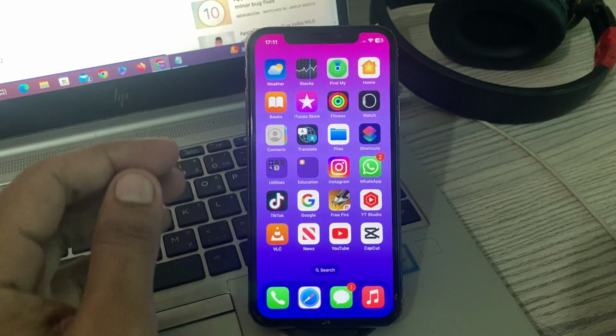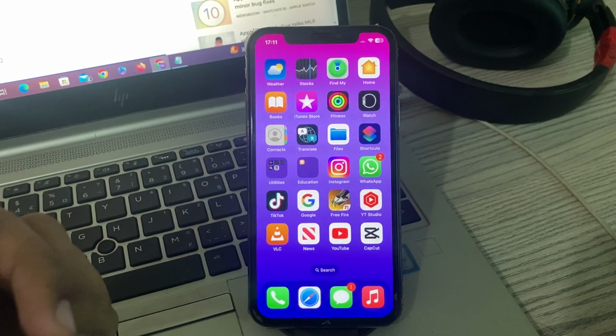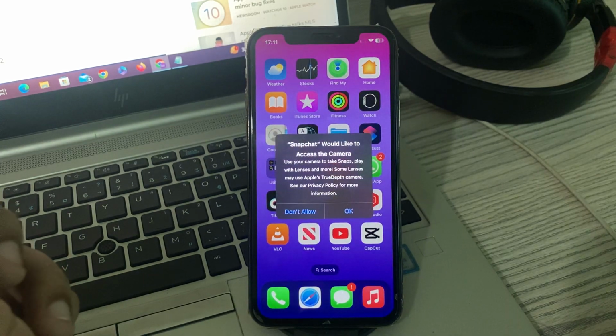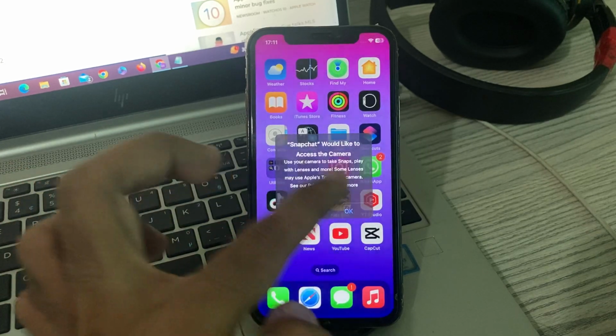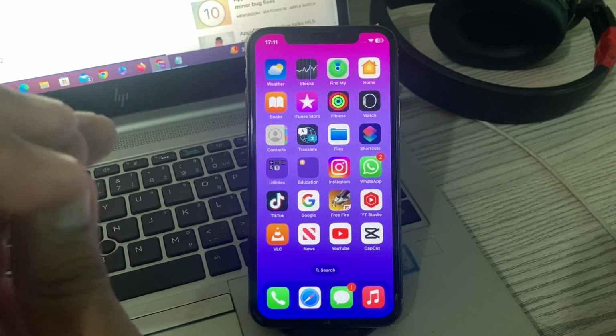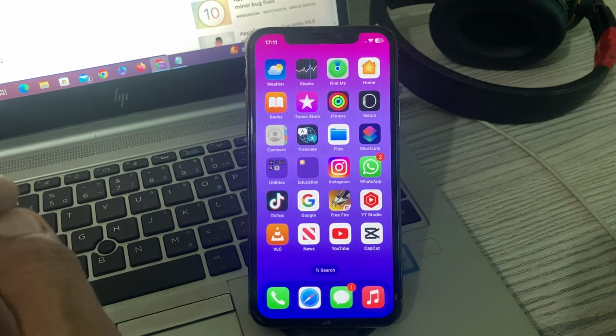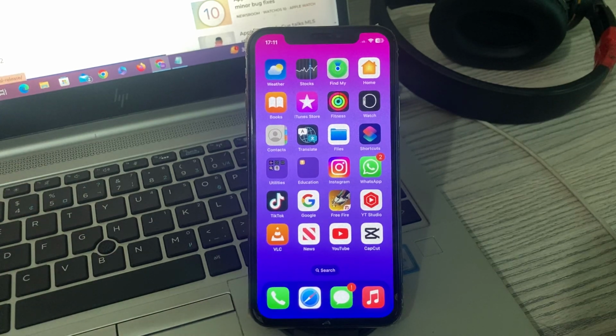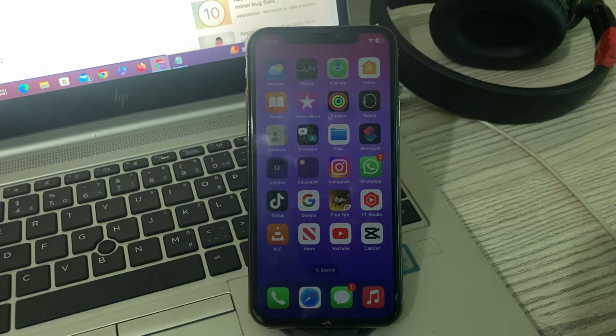So guys, in this video I'm going to show you, Apple just released iOS 17.0.1 and iPadOS 17.0.1 with all the bug fixes like camera issues, app crashing issues, notification sounds not working, and many other issues. So guys, Apple just released iOS 17.0.1 to the public, which is a minor update with bug fixes, 3 days after the public release of iOS 17.0. Users who wish to download iOS 17.0.1, you can do so